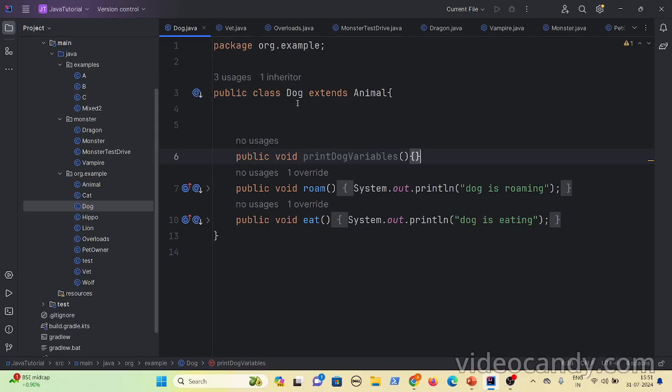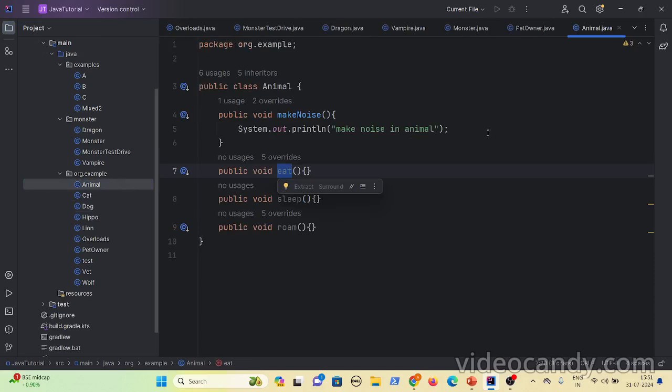If there is no implementation in the child class, then it goes to the super class. The same thing happened for make noise: since the implementation is not present in the dog, it searches the animal class, and this gets invoked. Now let's write the code for whatever we have discussed till now and see.